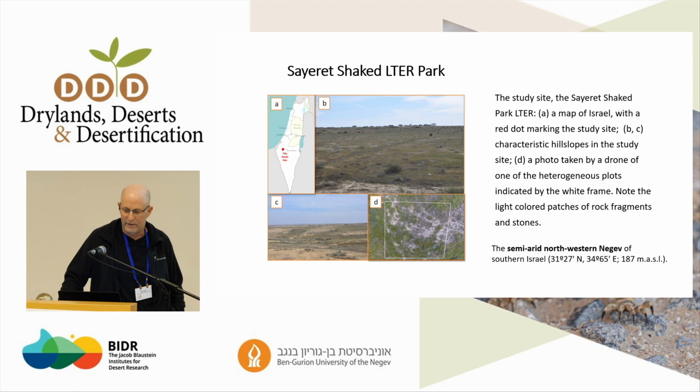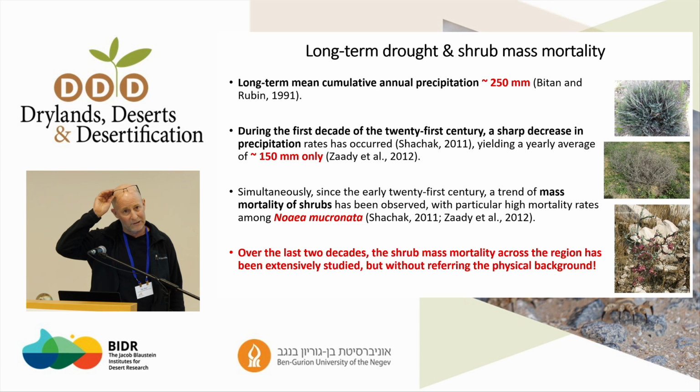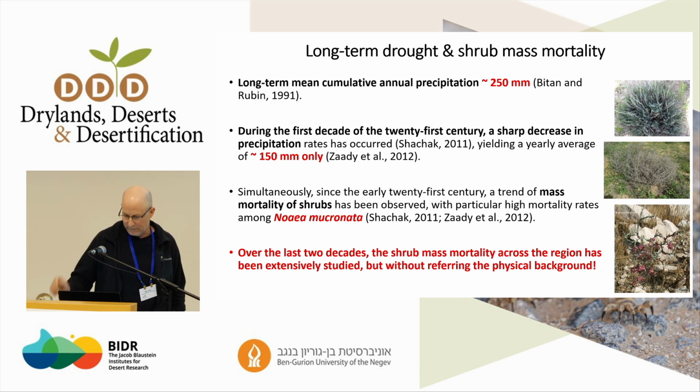So the study was implemented in the Sayeret Shaked LTER Park, which is located in the semi-arid northwestern Negev. Now, the region has experienced over the long run precipitation reaching 250 millimeters annually. Now, during the last 2 decades, precipitation has decreased to only 150 millimeters, and simultaneously with that, a mass mortality